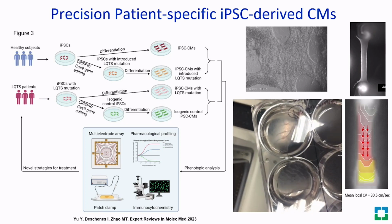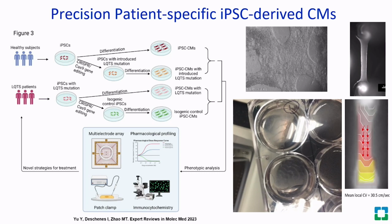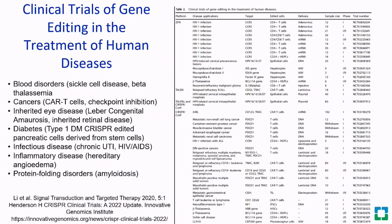So you could actually take these normal human iPS cells and use CRISPR-Cas9 to edit in your mutation of interest, and then you have the normal wild type in a nice pair to study. And you could also take specific mutations from patients and edit back in the wild type. In this way, you have these pairs of cells with and without the mutation. It's a very powerful model that you can study electrically or omically, and also do drug targeting and drug toxicity